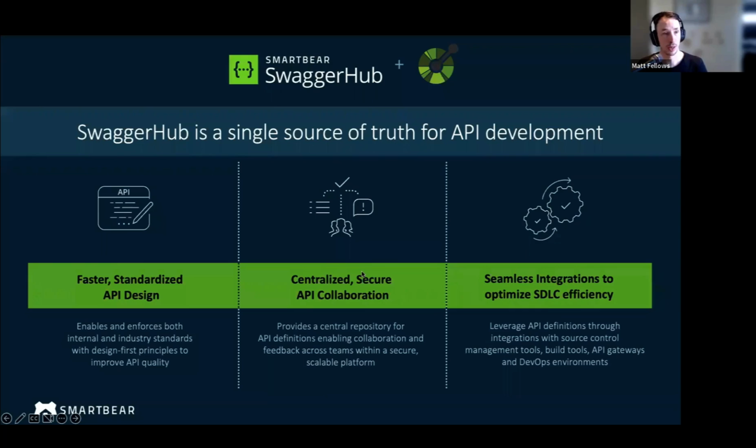Now, this is really where SwaggerHub comes in. SwaggerHub is a commercial service. It really takes the open source ecosystem and all the benefits we just talked about in design first and wraps it up into this single service that provides a centralized authoring and collaboration experience around that, as well as the ability to design, iterate, publish, version, and do all of this around your documentation for those APIs. So it's really that place that we would start the design first journey.